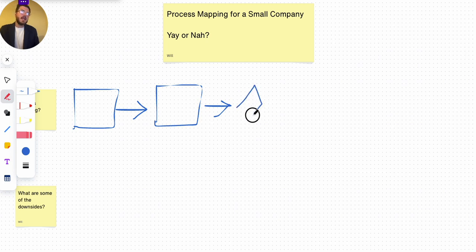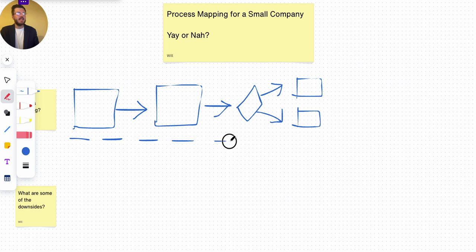So in this example, we have two tasks, and then we have a decision point, normally represented by a diamond, and that creates two different tasks. So normally there's some color coding to represent different things, and there might be swim lanes by specific role. So that's a process. The whole purpose is to just get it out on paper and to understand how things